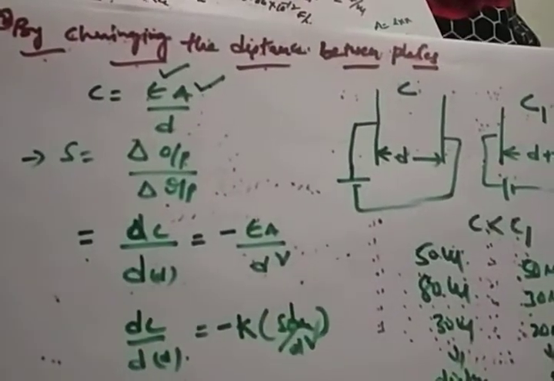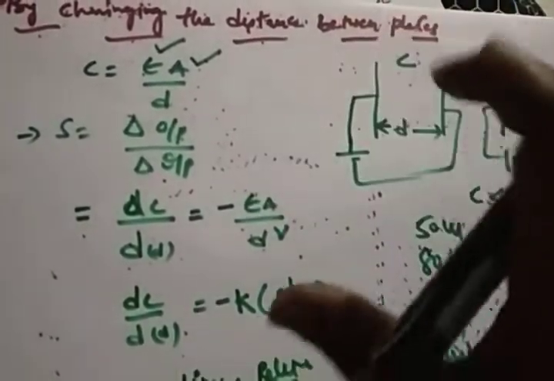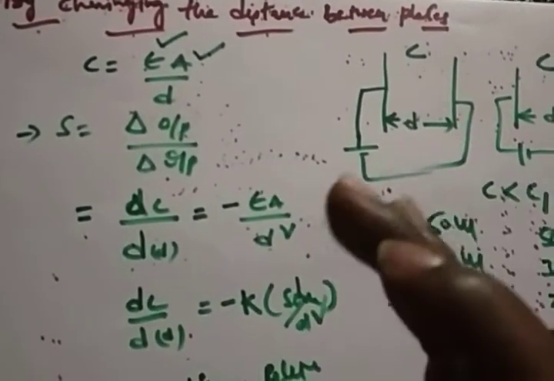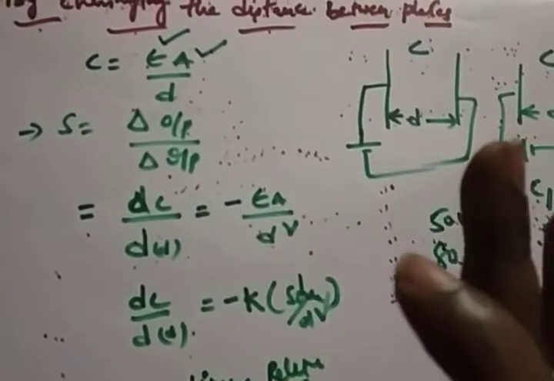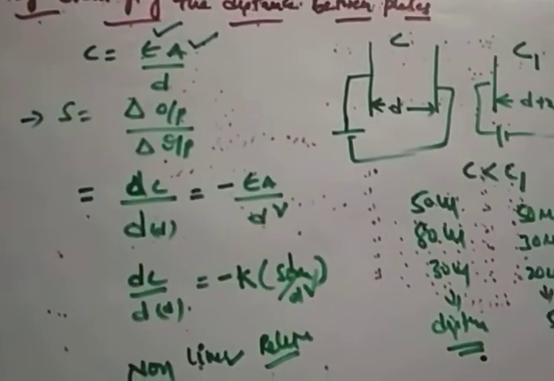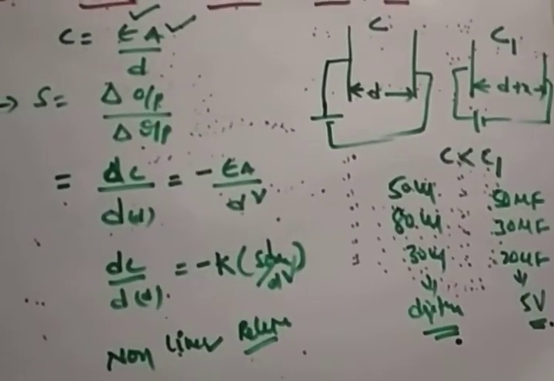In the next session we will discuss that these two are rectangular parallel plates, and how the capacitance changes when you use circular plates. So up to now it's okay. It's about the capacitive transducer. For circular plates, how the capacitance changes, we will discuss in the next session. After that we will discuss the advantages and disadvantages of a capacitive transducer. With that we will conclude this capacitive transducer.